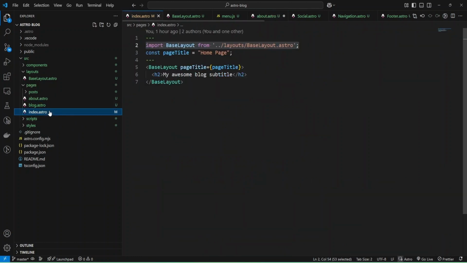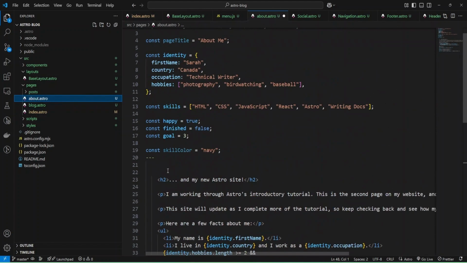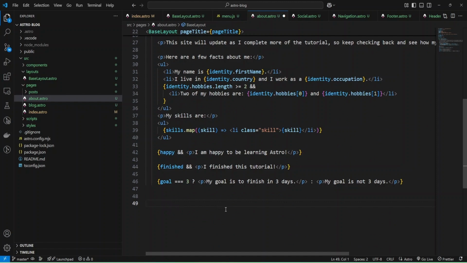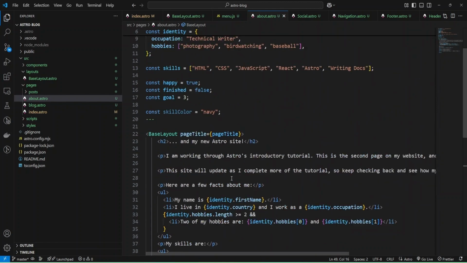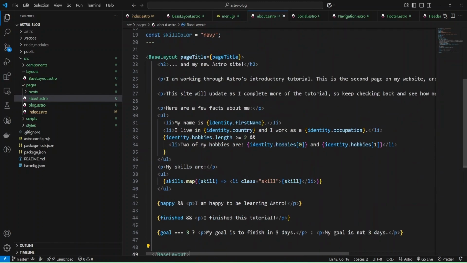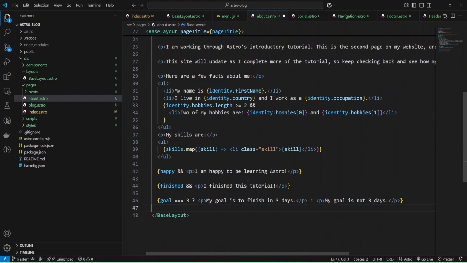So let's check. Now we need to add base layout and provide page title. I'm going to add it here, and close. Okay, let's check what we have.